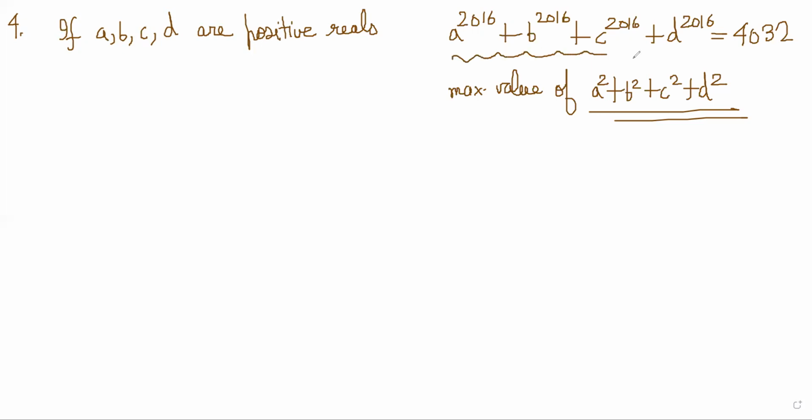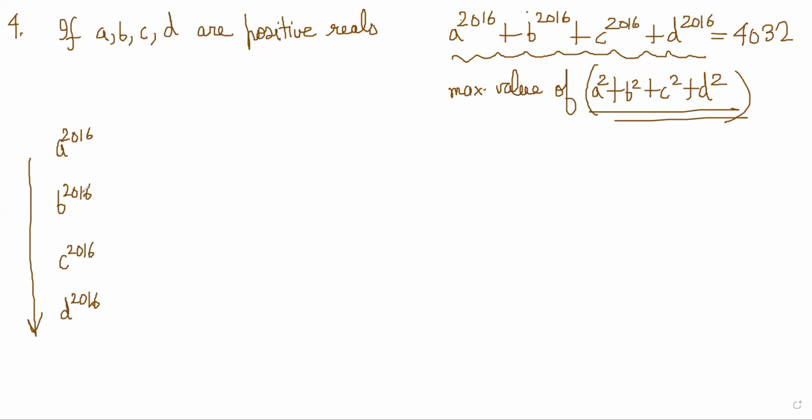I have to also use the fact that this sum is given, right? So let's try to think of it. There are 4 terms here, a, b, c, d, and this is in a sum, a power 2016 and so on. So I have to put them in a column. That much is obvious. I need to put them in a column somehow. Then only I will get to use that fact for Holder's, because I have to do a column sum, right? So, okay, this is fine, but I also need to get this term somehow. So if this is in a column, I have to get this term from here, right? You should get somehow a square here, b square here, c square here, d square here.